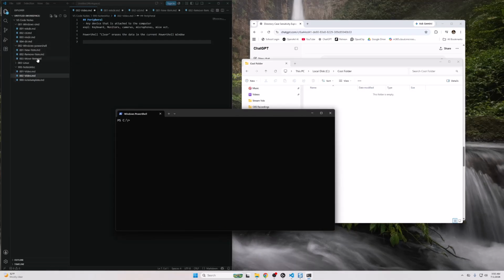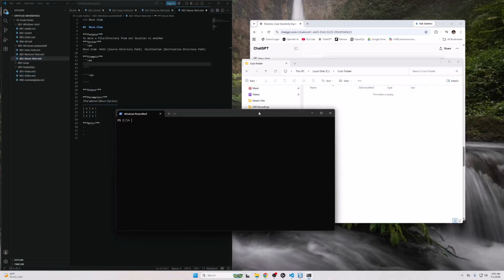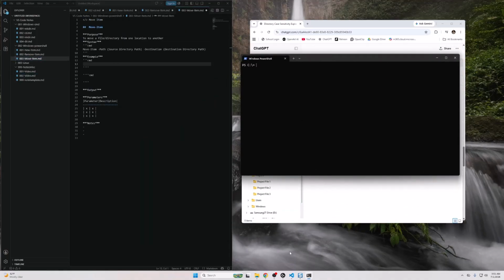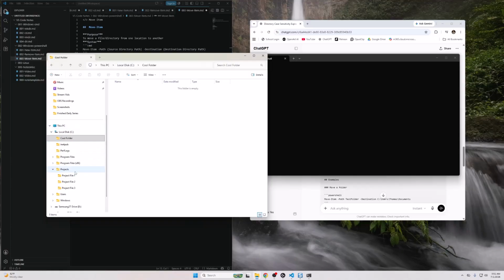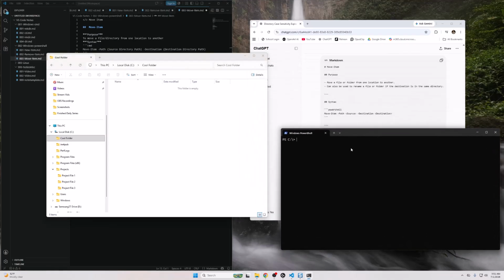Let's go back to our note. Move item. All right. So as you can see right now, we're in our C drive. And we have a directory inside of another directory that we want to move to a directory in the C drive. So let's try this. So we'll do move item